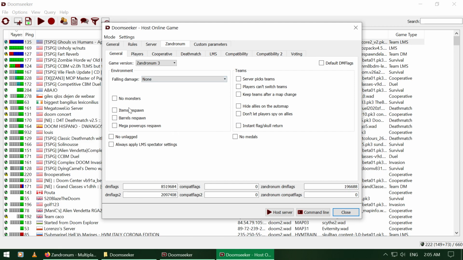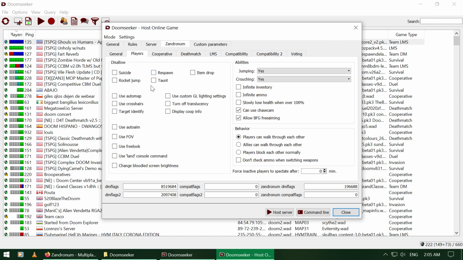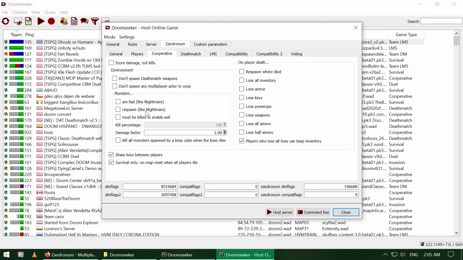Then right here, a lot of options. All personal preference. And if you want to do co-op like me, then I suggest doing this option. Don't block each other. Pretty useful. Then share keys. Absolutely important in my opinion. And since we play survival a lot, we don't want to do the whole map over again when we both die. So we choose this option so the map doesn't reset. Pretty useful. And we're together when we spawn.